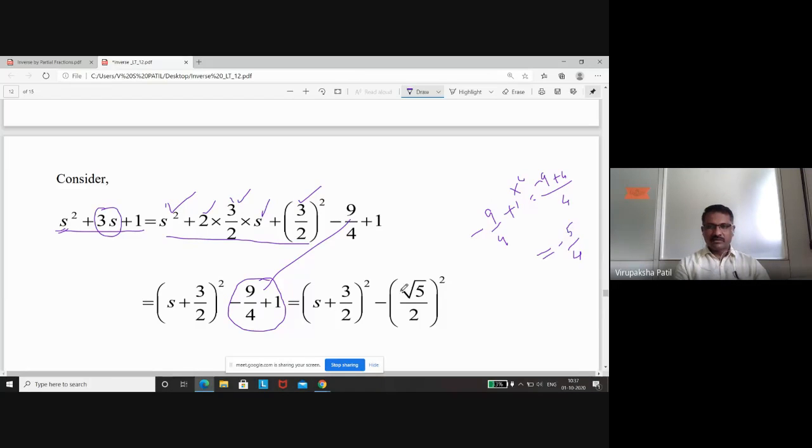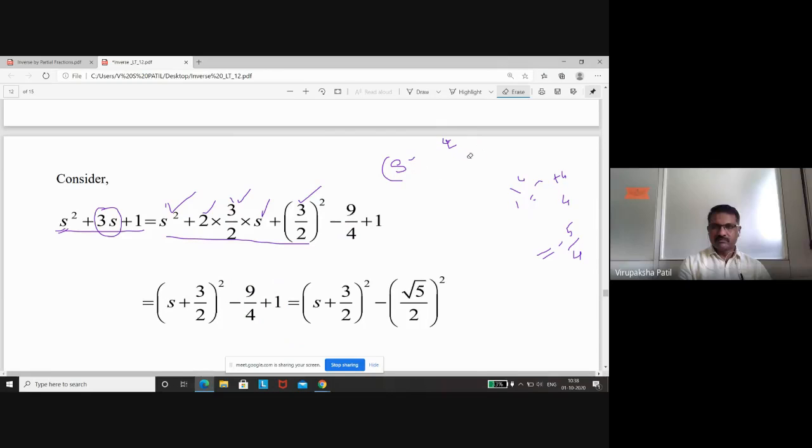So minus 5 divided by 4, I will keep this term as it is. Minus 5 divided by 4 can be written as minus, under square root 5 divided by 2 whole square, because you should express your denominator in the form s plus or minus a whole square, then plus or minus b square, so that you can use the shifting property in the reverse way properly, and you can convert this in terms of either sine or cos, either sine hyperbolic or cos hyperbolic, very easily. Is that clear? Is that clear?